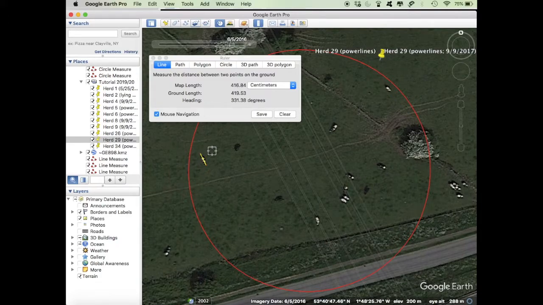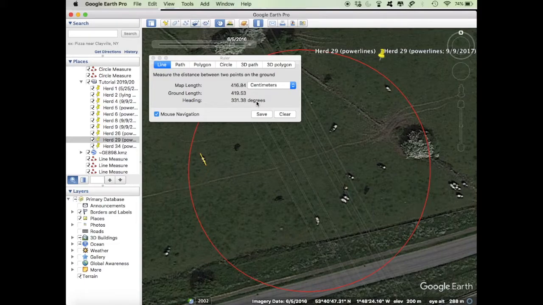And then what you see here, in this box, is it's given you a heading. So this is the degrees, and as we cannot identify the head end from the tail end, all angles will be between 270 through to 0, which is basically 360 and is equivalent to north, and then through to 90, which is east. So you'd write this down here, and then this is the angle we're going to use, and we're going to